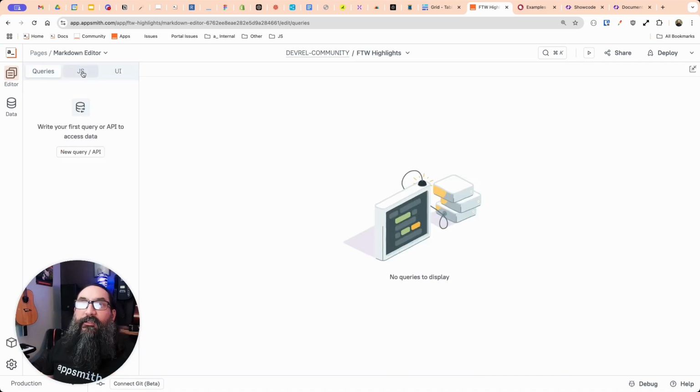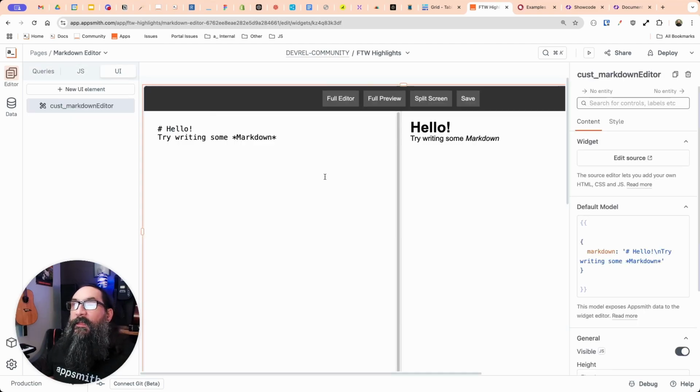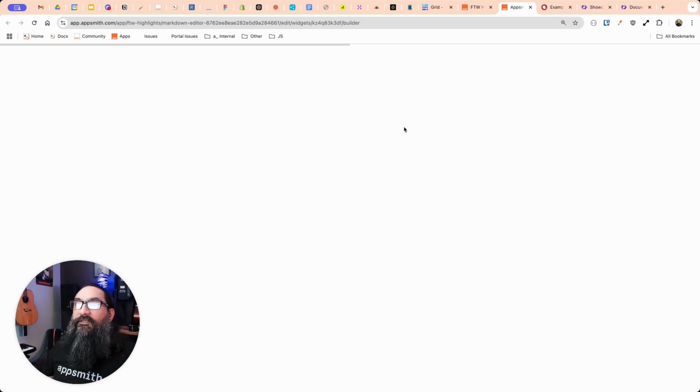Now, just like the other ones, you'll see that I've got nothing going on in the query or the JS side. This one is fully done in the custom widget. So we'll select the custom widget here, and I'm passing in a markdown string for the initial value, just so there's something in there to display. This could easily be coming from a database or a selected row of a table or whatever you want to use. So we'll go to edit the source,